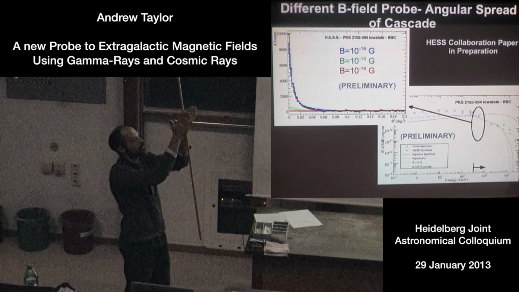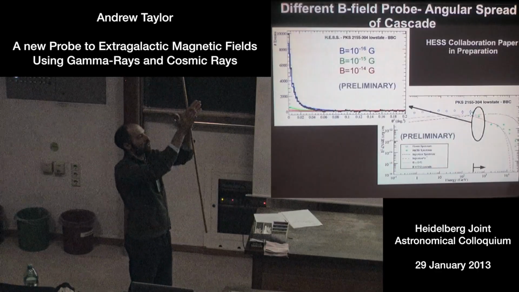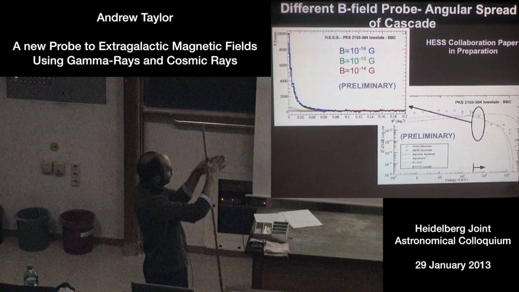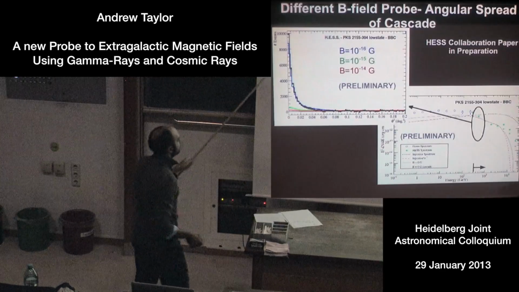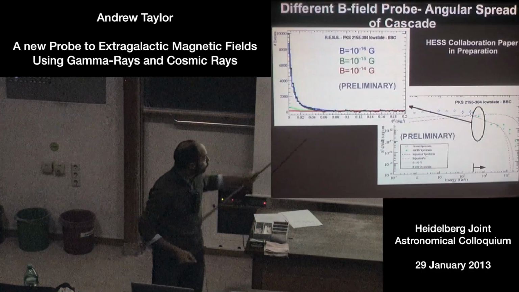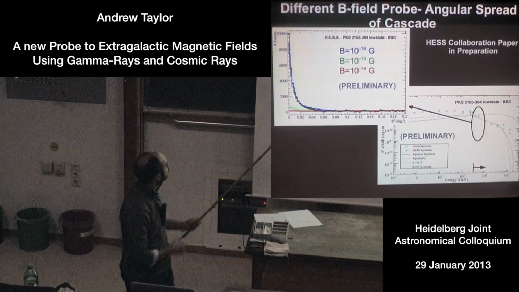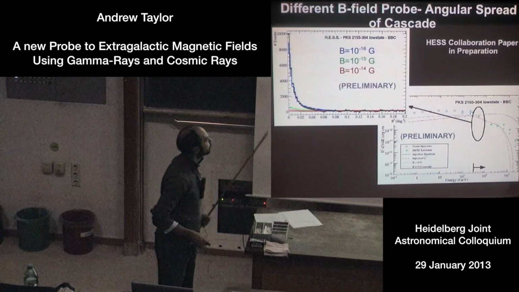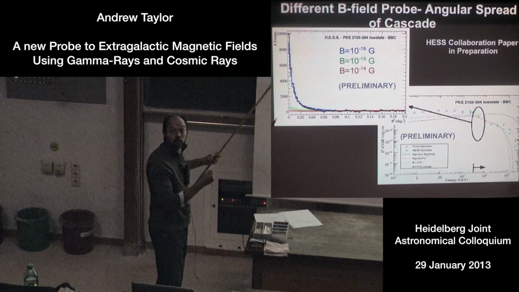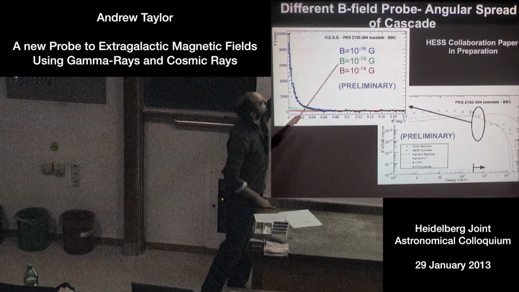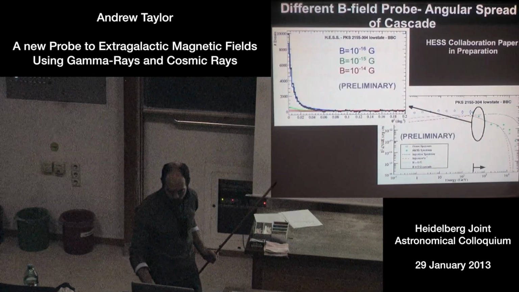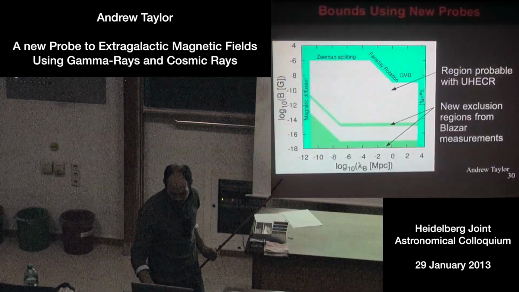These Cherenkov telescopes aren't looking out to really large angles. They're only going out to several degrees, well, you can see in this plot here, we're looking out to 0.2 degrees, so 0.2 degrees squared. So this effect is limited in the range you can look for it, and it's strong as a probe at 10 to the minus 15 Gauss, and then it dies off for stronger magnetic fields.